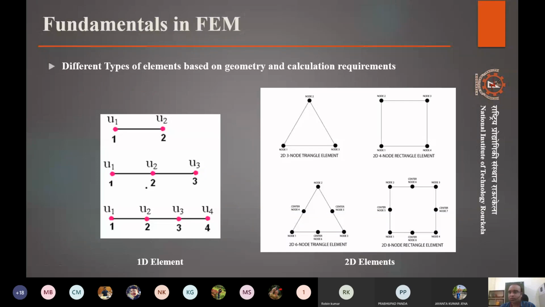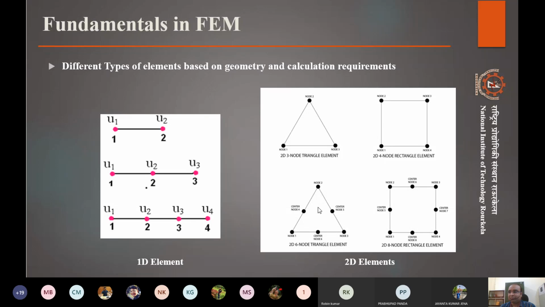So we also saw what the different kinds of elements are that we can use. There are one-dimensional elements, like a beam kind of material, if we want to simulate a beam or a single wire or something like that, where we just want to see the linear direction of flow and simulate that. We can use linear one-dimensional elements. For two-dimensional elements, we break our geometry into triangles or rectangles, parallelograms, and so on. And even with the same number of elements, we can increase the number of nodes so that the accuracy increases.